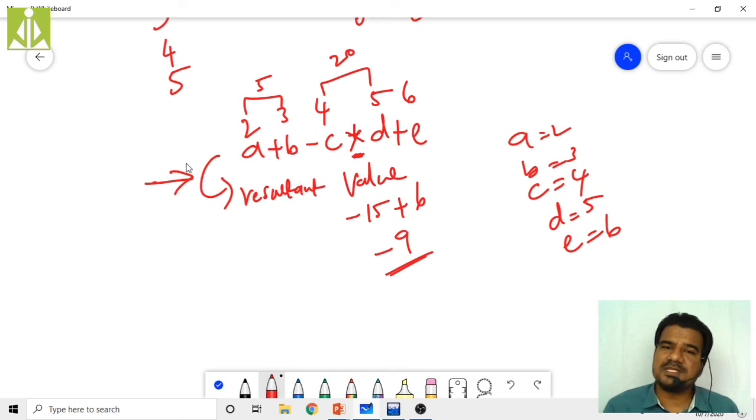Then in turn I am scanning from left to right. I got plus, minus and plus. All operators have the same precedence, so I evaluated plus first. Then in turn I got minus and plus, and minus is coming first. Minus and plus both have the same precedence, so minus is coming first, so I evaluated minus. Then finally I was left with only plus, so I evaluated that plus.